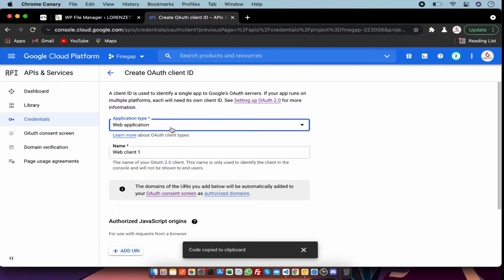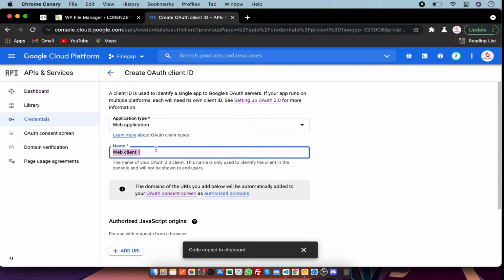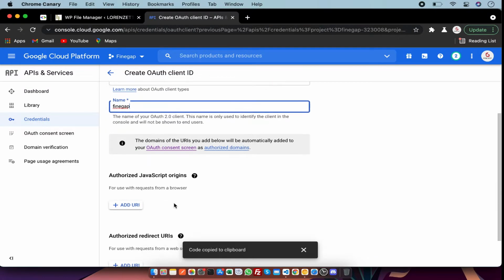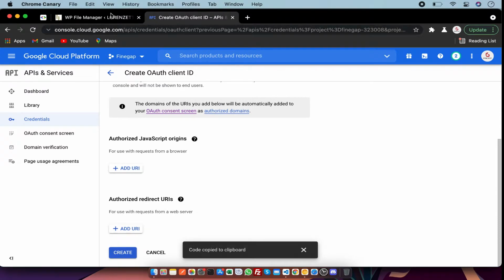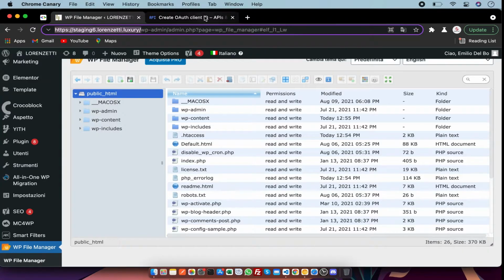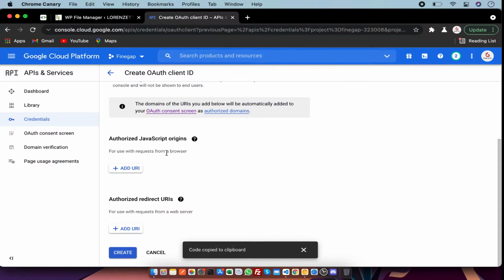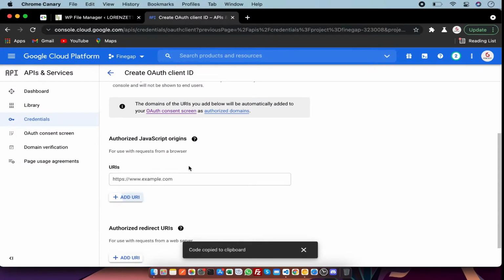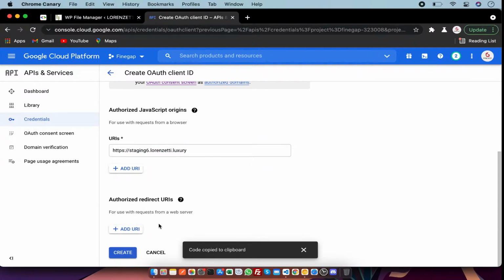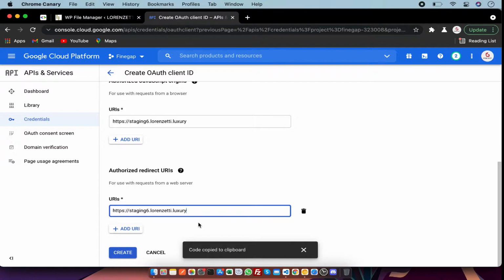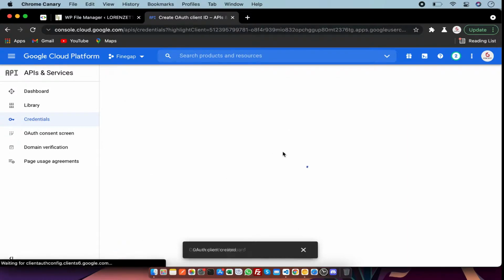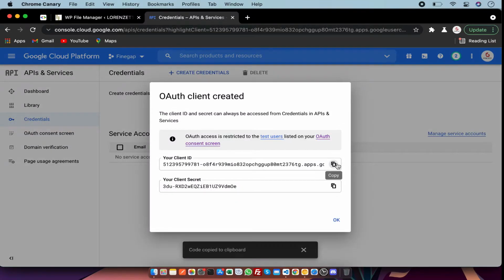You have to select the application type and name and after that you have to give it a server name. For example I am going to give it staging server and you have to give it also the name of the server but with the auth and you have to create it. You can save it